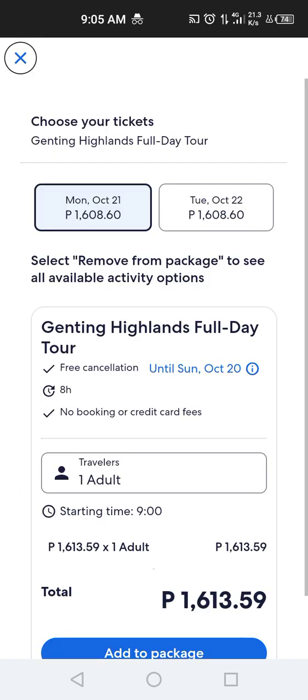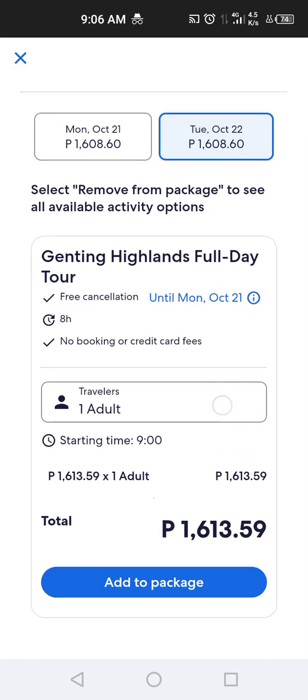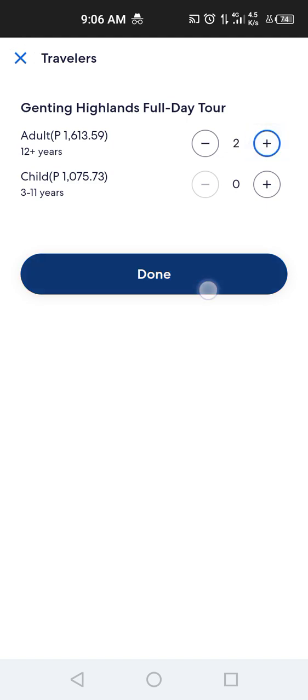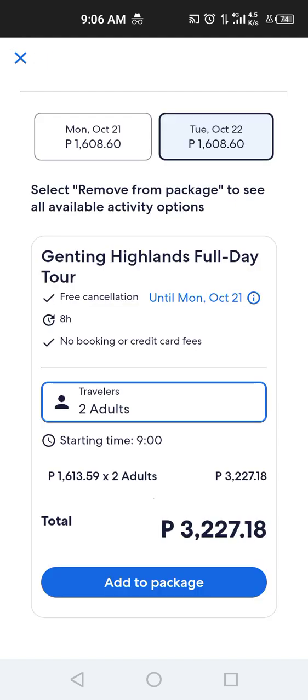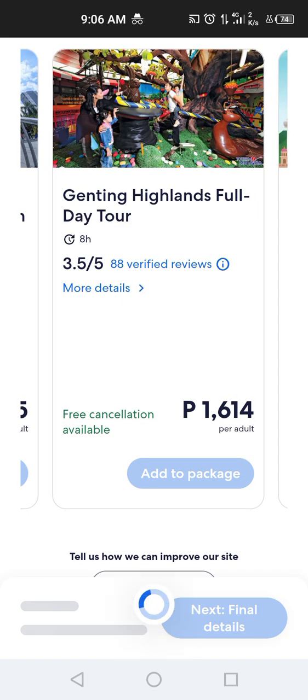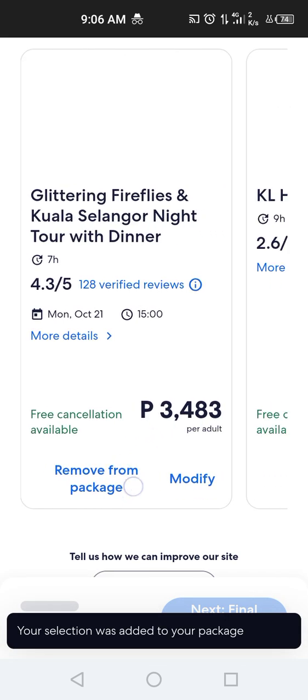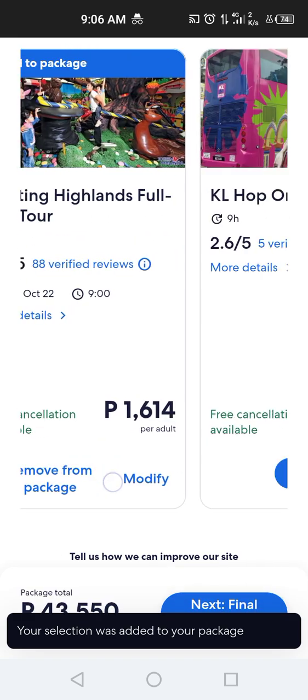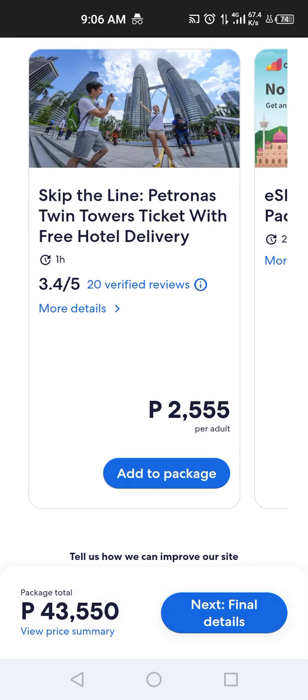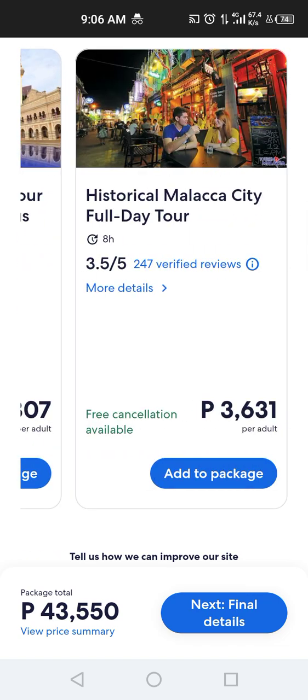This will be for our second day in Malaysia. Two adults. Okay, add to package. There you have it. So that's the first activity in our second day in Malaysia.